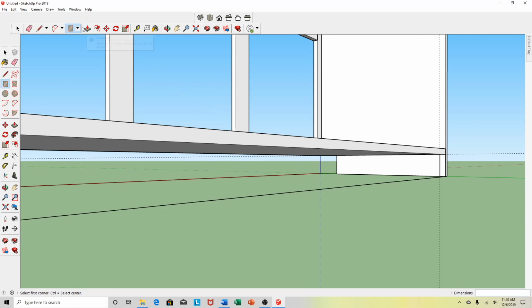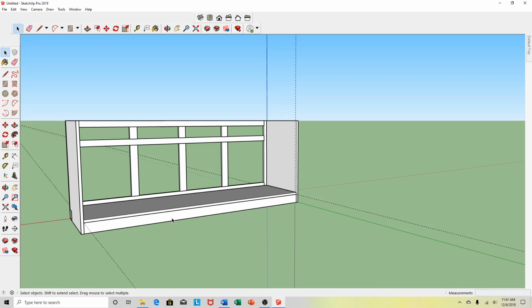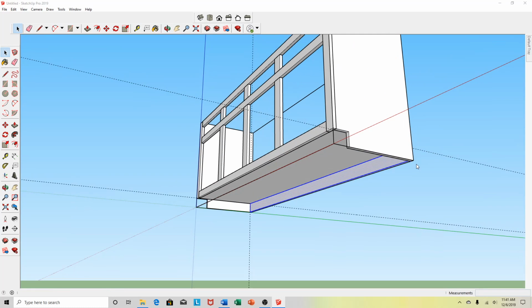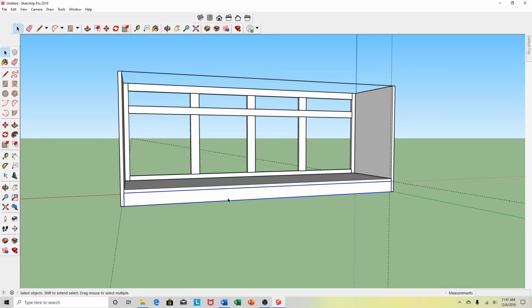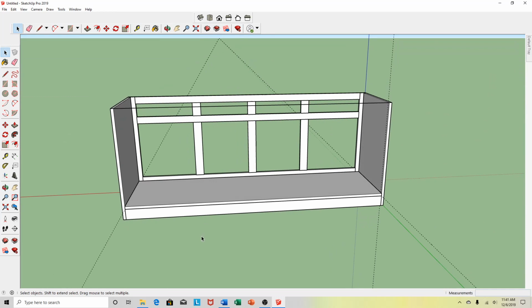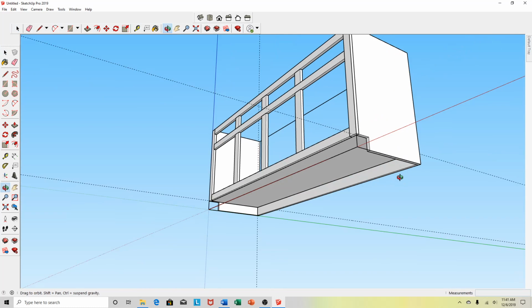Now I'm going to take my push pull tool, and this one, I don't think what I'm showing you is hard. It's very simple and very easy. G enter. You already know why I'm picking G and putting an enter, making a component. Selected, G enter, make a component. Okay, I'm going to copy this one 3 times. Okay, one goes in the front,